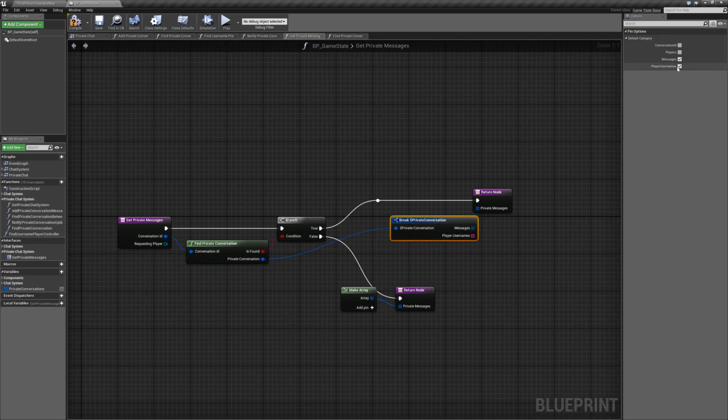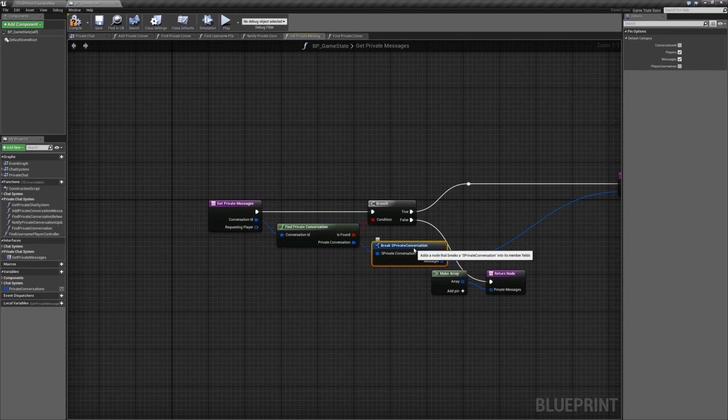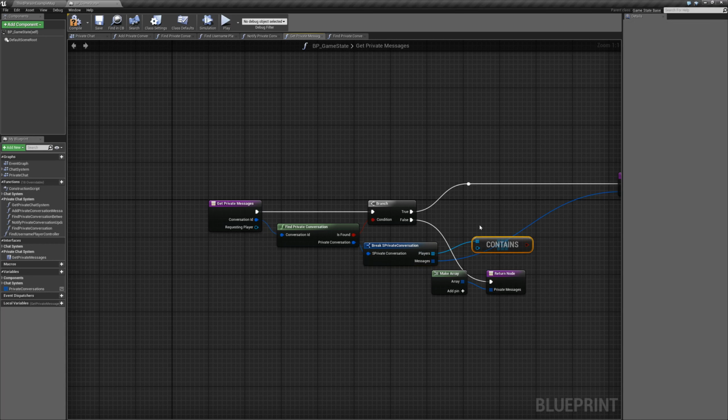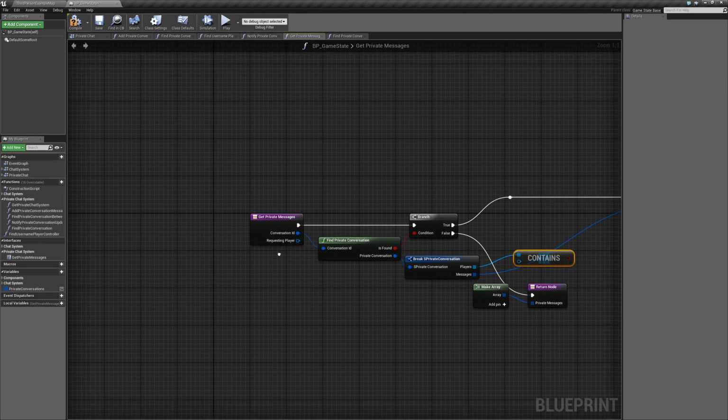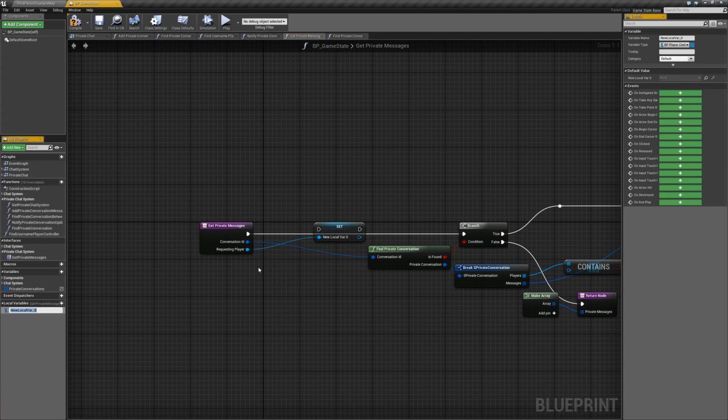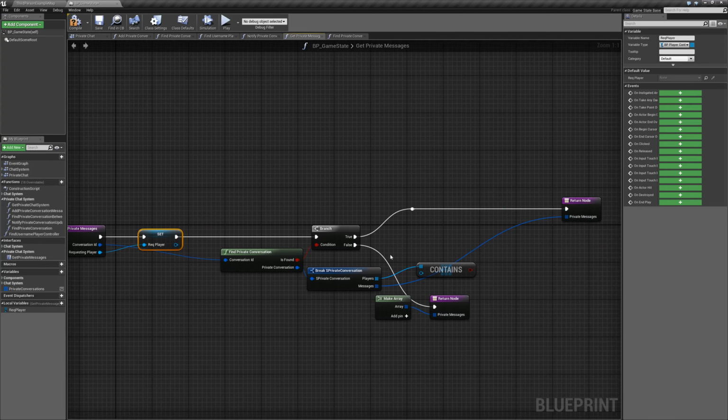Nope, it's the players that we want, and we can drag off this and do a contains item, and if it contains the requesting player,